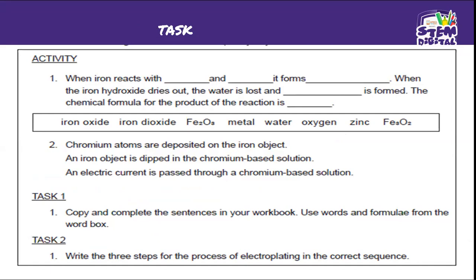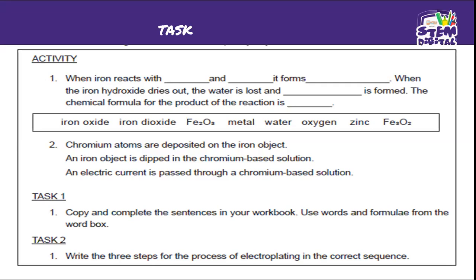All right, and question two as well. So when iron reacts with what and what, it forms what? The spaces are there. When iron hydroxide dries out, the water is lost and what is formed? Something is missing there. And the chemical formula for the product of the reaction is dash. So please,